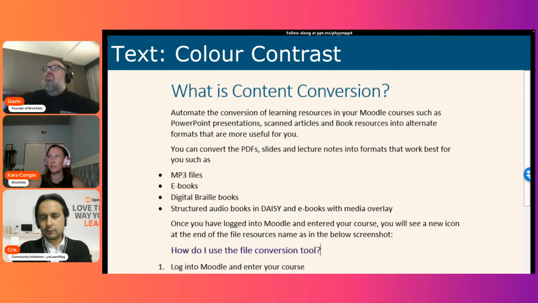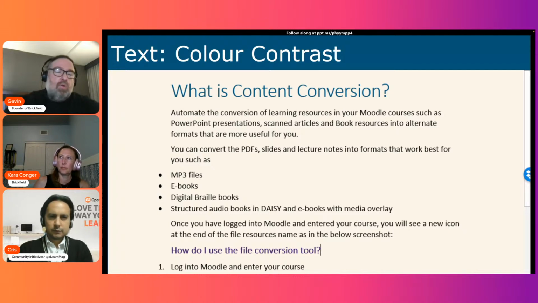Another aspect of that is color contrast. When we think about color contrast, it's the darkness and the light, whether it's dark text on a light background or vice versa. You need to have some color contrast to be able to make it readable. And if you have it too bright, like a pure white background with black text on it, sometimes if it's a really bright room or out in the sunshine, it might be harder to read. And if the contrast isn't enough, even if you're in a bright room, it's not good enough. So check this. All of the things like PowerPoint, Microsoft Word, and so on, they all have checkers for this kind of thing, and they'll recommend when something needs to be fixed.